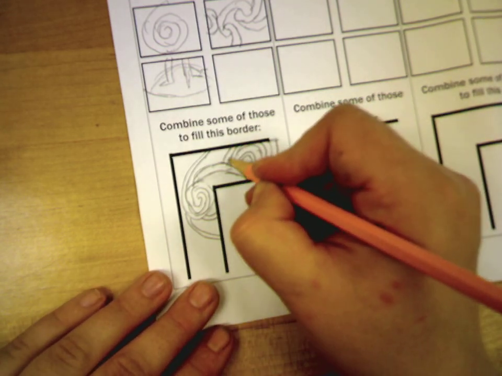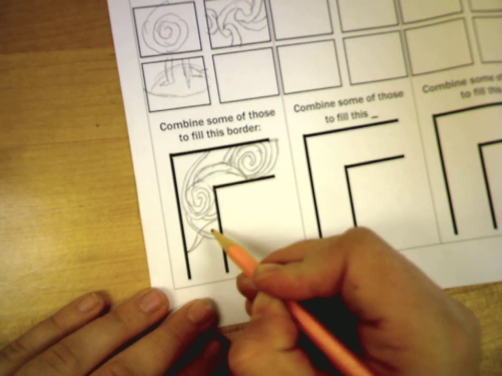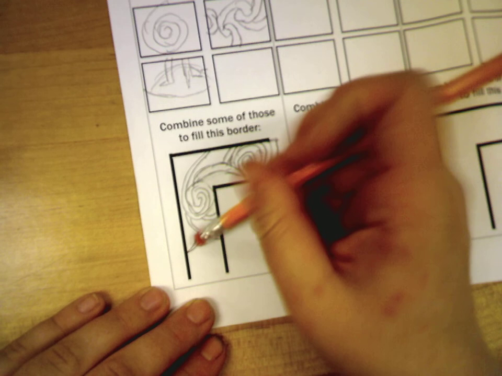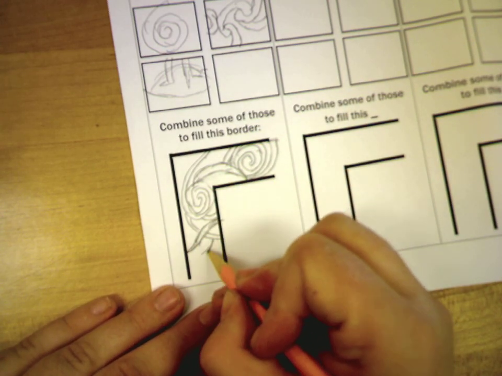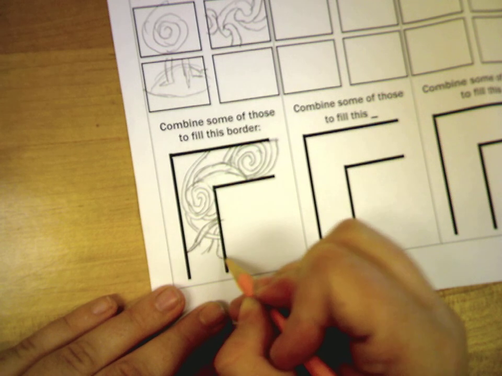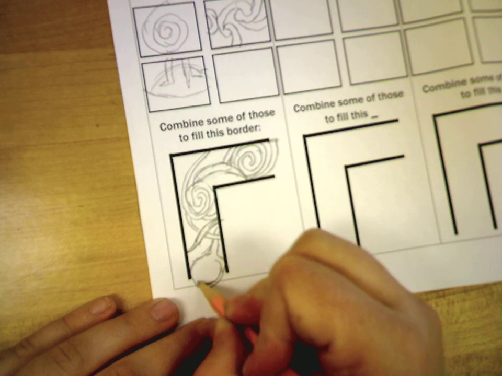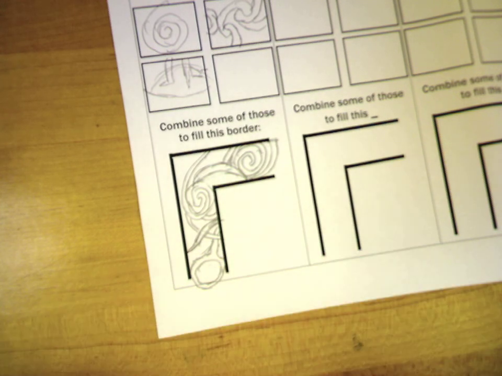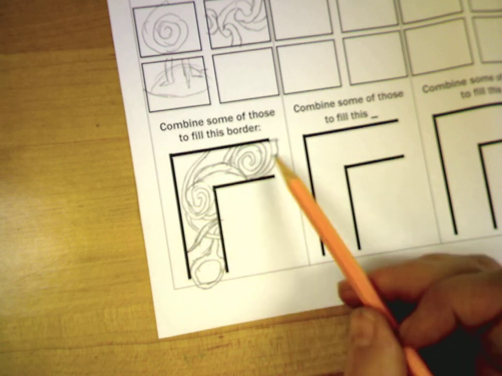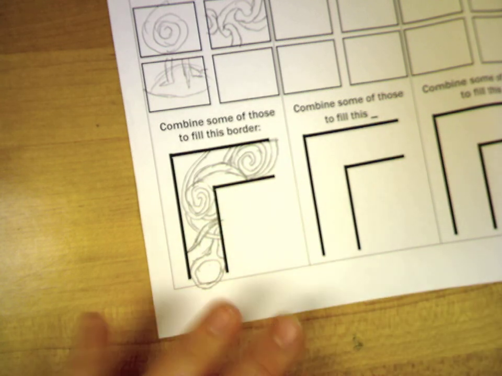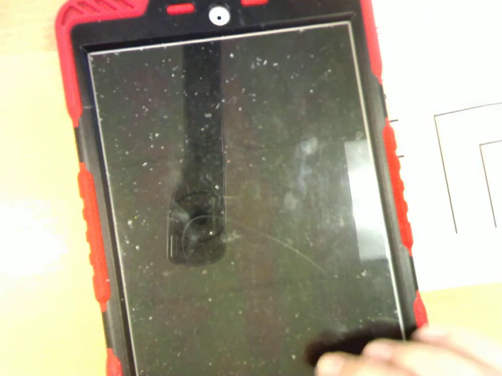And then this, we go here, and then maybe I do some of this where this piece goes over. Make sure if your pattern overlaps itself that you're erasing the lines where it overlaps, or you're drawing underneath things. And then get yourself a pattern that you kind of like. So you're going to fill up that area of the frame with a pattern that is either one or more than one of your researched ones. Then, when you're going to research on the iPads,